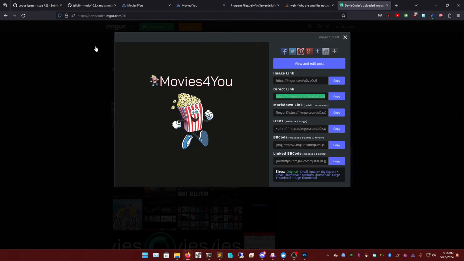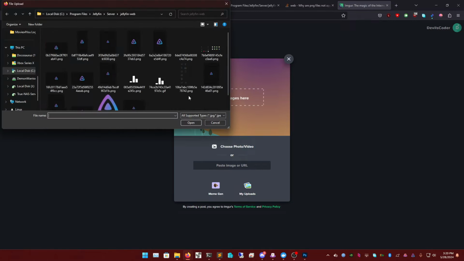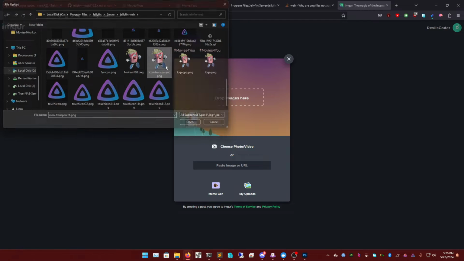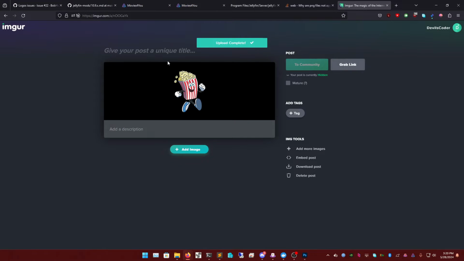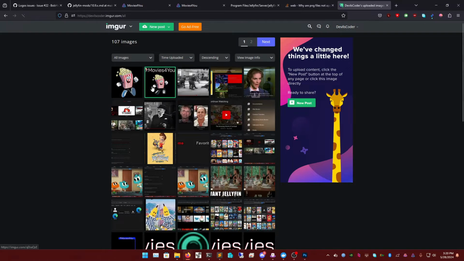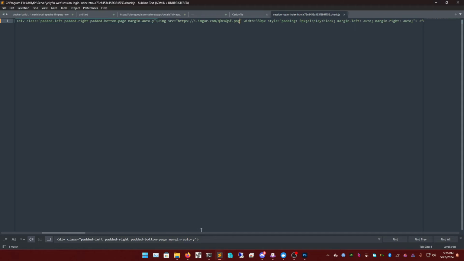Okay, so one way to mitigate it, if you're having issues finding your specific image and uploading it or getting it to run directly, you can always upload to Imager. I'll leave this in the description. Just click new post, click choose a photo, and I'm just going to choose this logo right here, icon transparent. We're going to go back to the homepage, go into our user images, select our image and click copy direct link, go into our file, hover over source, paste it in, Control S to save it,